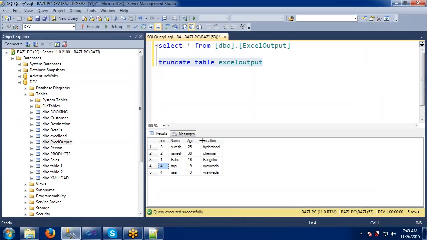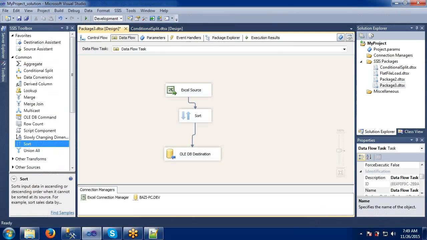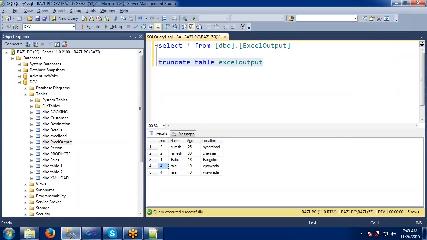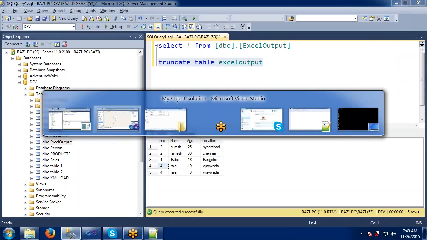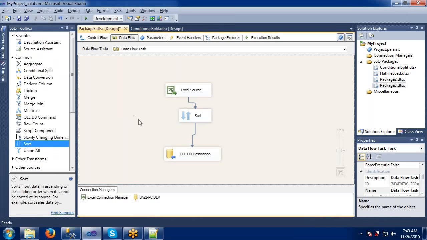On this same table, what happens is first it will truncate the table, in the first task. Then again it will start loading from Excel to destination. Let's execute this one.